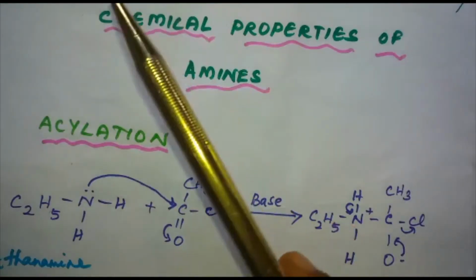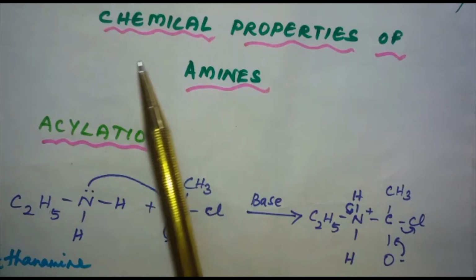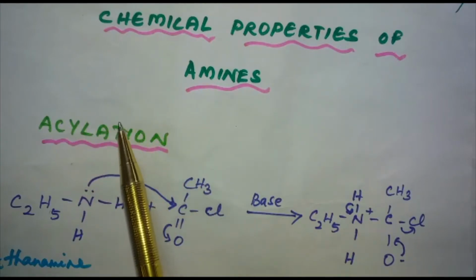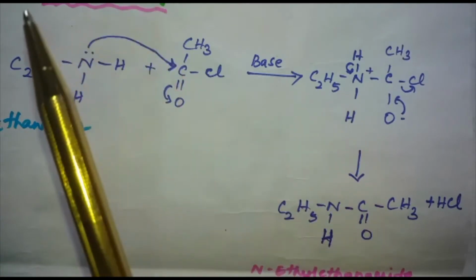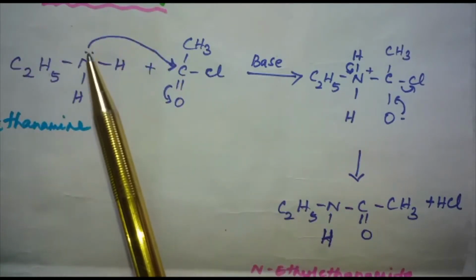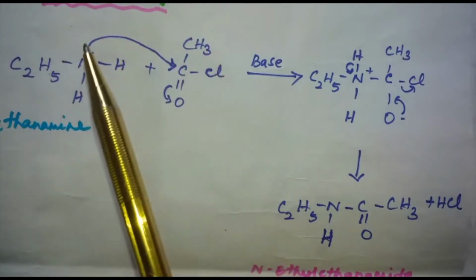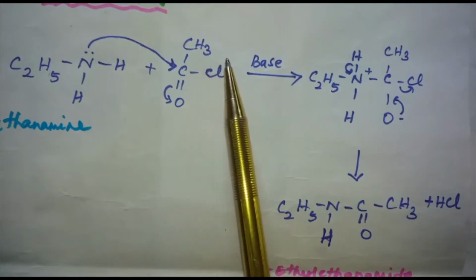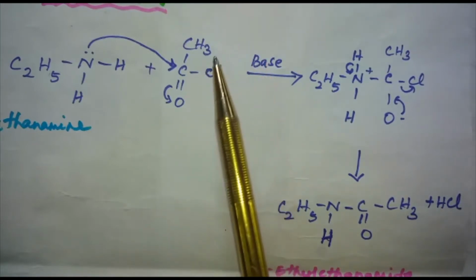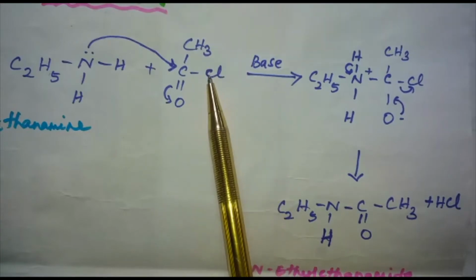In this segment, I'll be discussing the chemical properties of amines. First one is acylation. Aliphatic primary and aromatic primary and secondary amines react with acid chlorides or anhydrides and esters by nucleophilic substitution reaction, and this reaction is known as acylation